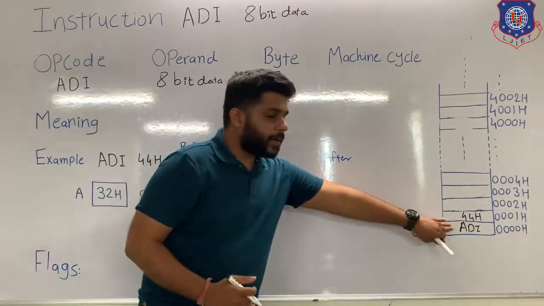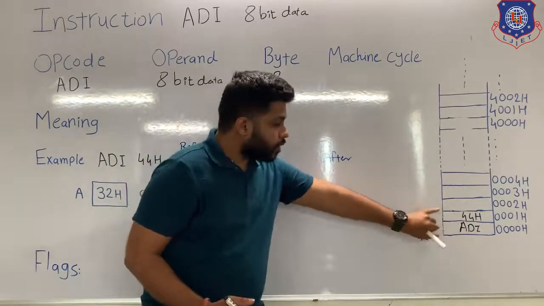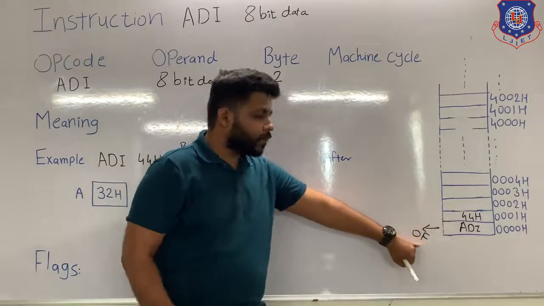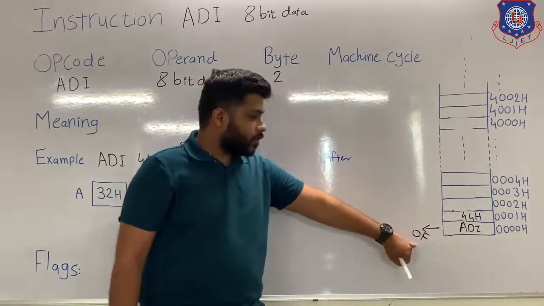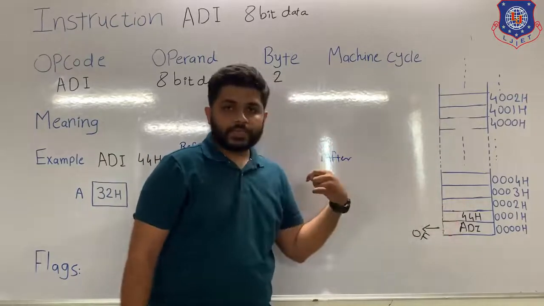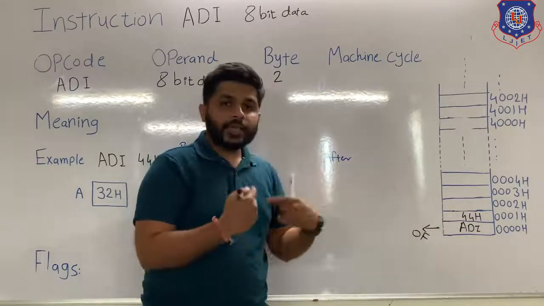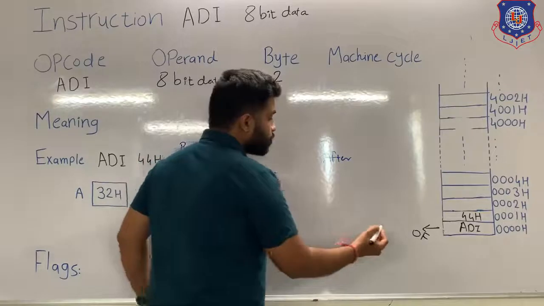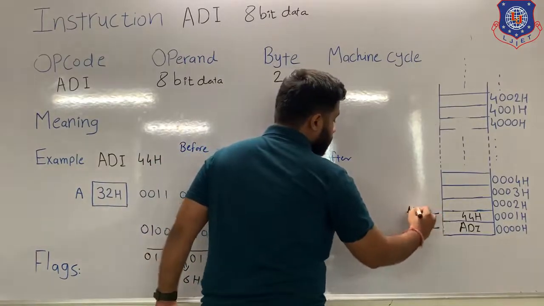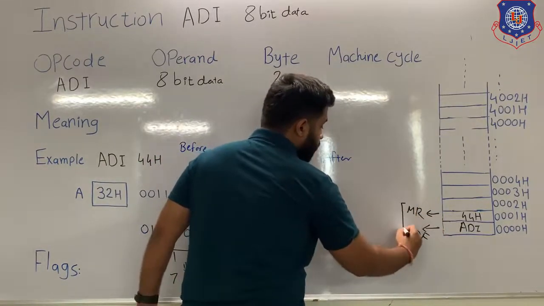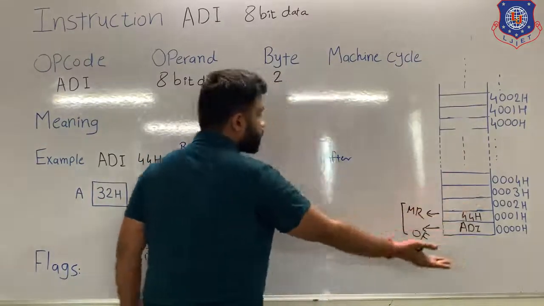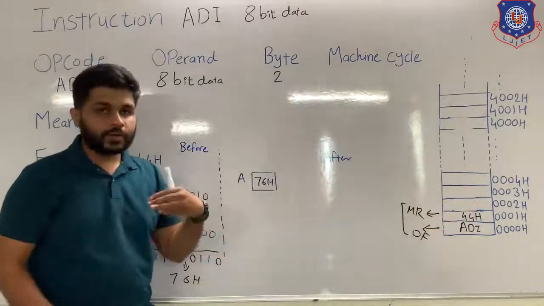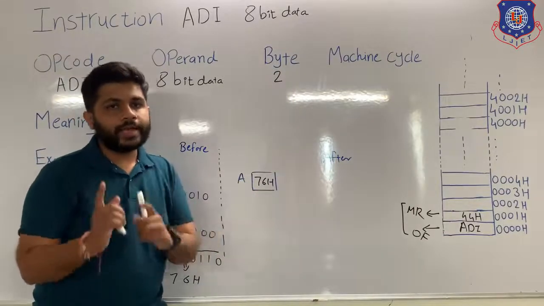When the processor performs the opcode fetch, the instruction opcode will be transferred to the microprocessor. Now this is only part of the instruction. To read the whole instruction, one opcode fetch machine cycle is not sufficient. To read the next part of the instruction, the processor has to perform the memory read machine cycle. So when opcode fetch and memory read are performed, the whole instruction will be transferred. Then the processor will decode and execute.